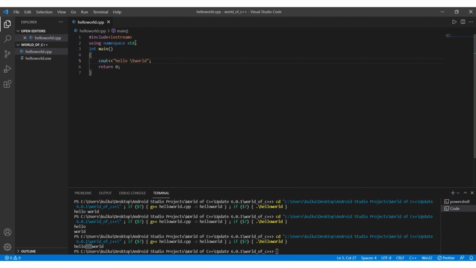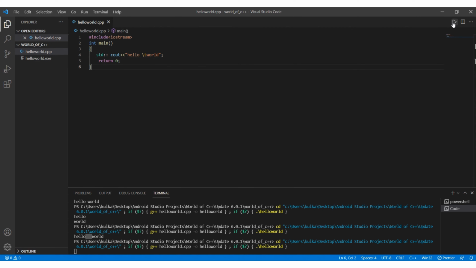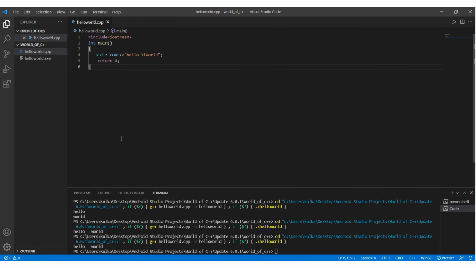Now we will see about the namespace. Let's remove that line and see. It gives us an error. To solve that, we write std:: and then it will give us the same output. If you understood the namespace concept, that's great. But if you are having some doubts, you can surely comment.